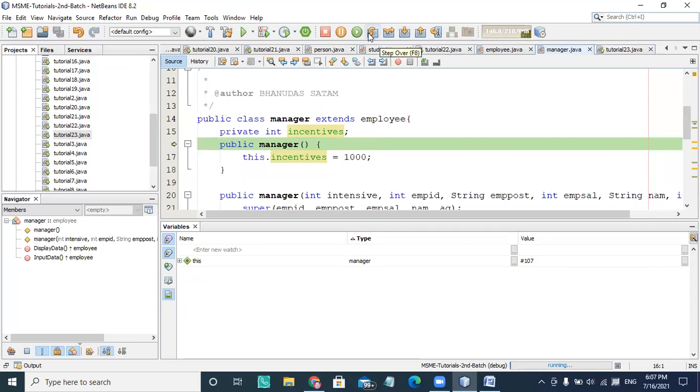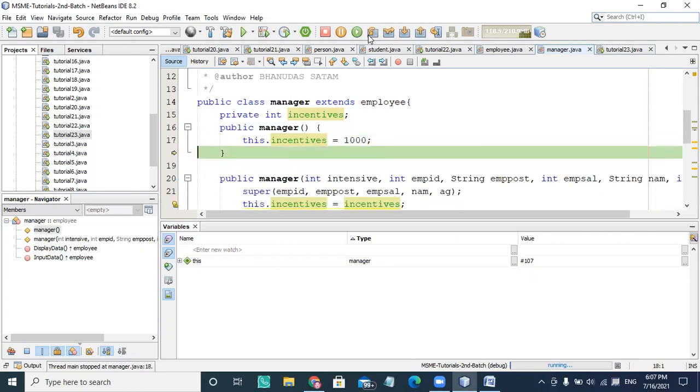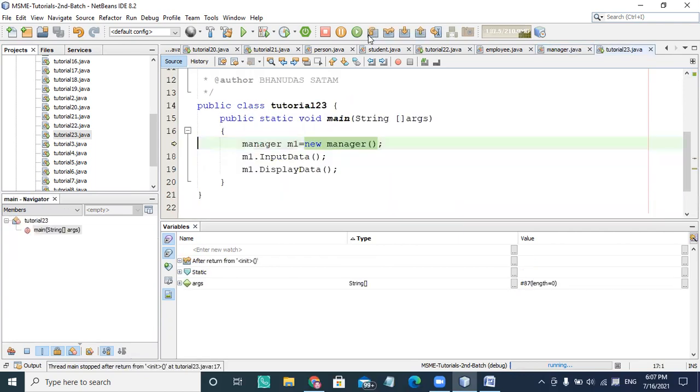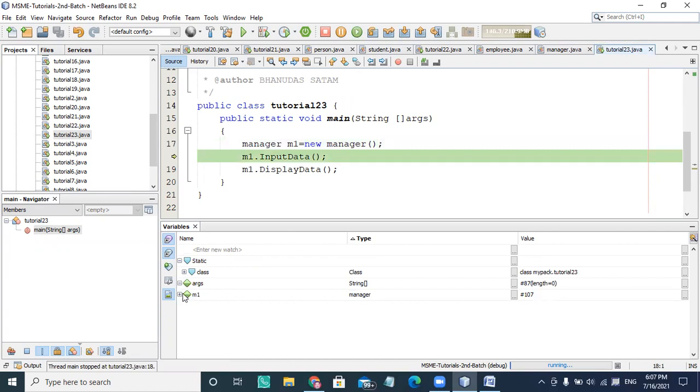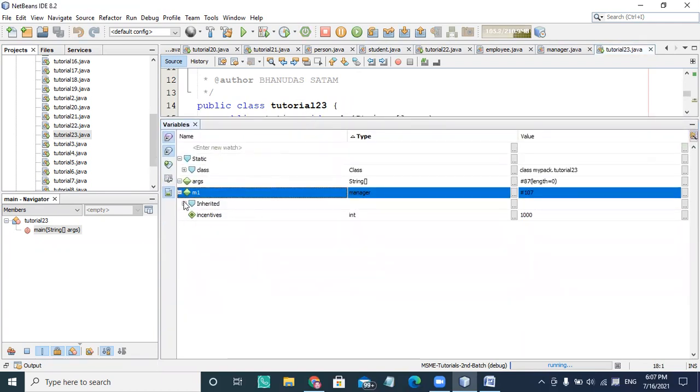Okay, so I'm going inside the manager. Incentives is going to initialize, and then again it's returning to the next part. So manager is initializing, and other arguments and all other things also get initialized. If you look at that, M1 has inherited a lot of things here.